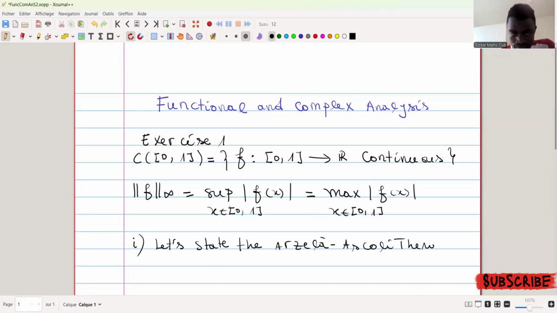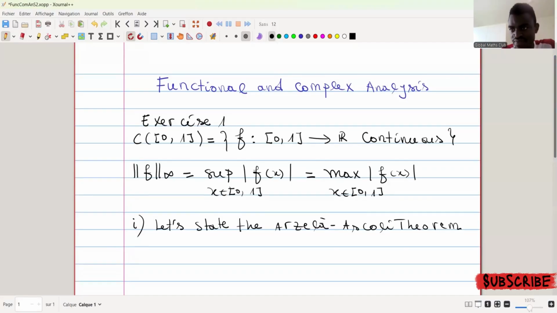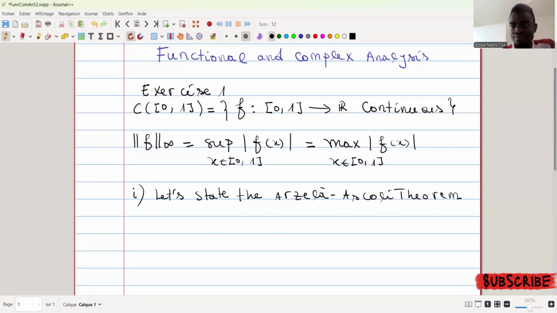I know that you know it, but it is always good to state it. We used to say in French that repetition is the mother of science. Now, if you have a (K, d) like this, a compact metric space,